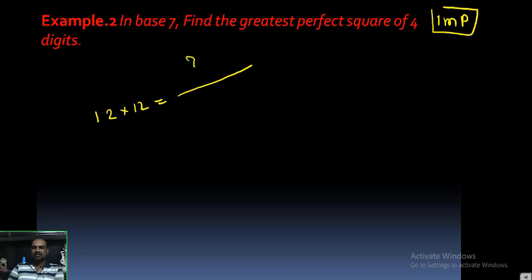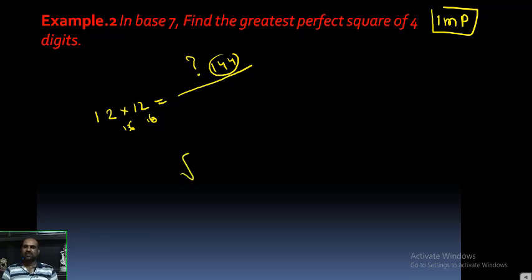I don't know what the answer is for this, because I don't know what the base is here. If the base is 10, directly I can say that the answer is 144. If the base is another thing, for example 6, I can't say 144. We will get a different result. But how to multiply two numbers with base 6 or base 7, or a number with a base other than 10? Directly can't multiply. The arithmetic operations are given for numbers with base 10 only.